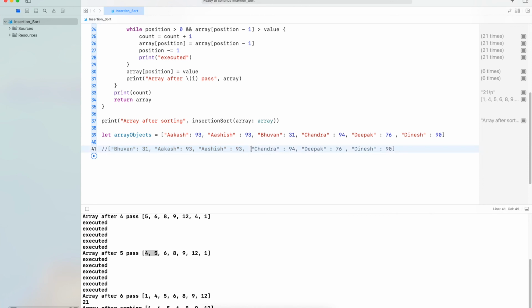Then Chandra will be compared with 93, with Ashish. It's already greater, so nothing will happen because the position will remain the same. Because the array was sorted till this point, we just need to compare only the last value. Now till this point the array is sorted. Now Deepak will be compared with